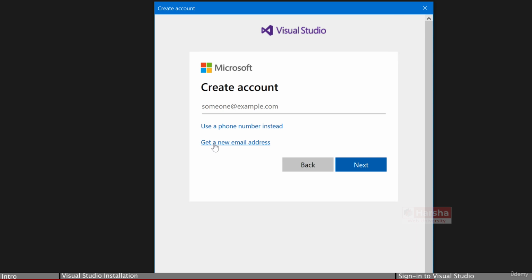Here click on get a new email address and enter any email address of your choice to create one for free. For example, I am trying to enter Harsha ASP.NET Core. You can enter any name that you want. And I am selecting at outlook.com. So this email address will be created right now. Click on create